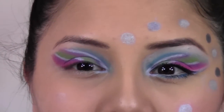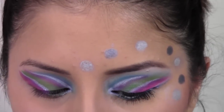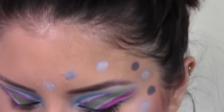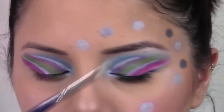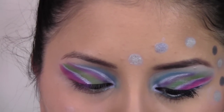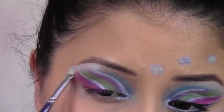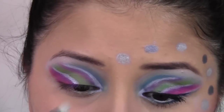Okay, so the next step is to apply our highlight. What I'm going to do is take that same Avon quad. I'm getting a lot of use out of this palette, and I'm going to mix these two colors here. I'm going to take those two colors onto a Low Cornell 1/4 of an inch brush, mix them onto my brush, tap off the extra because you don't want this to, again, end up all over your face, and then apply this here underneath my brow, blending into all of our crease colors, also blending into the blue here